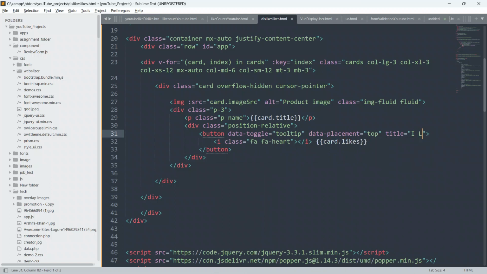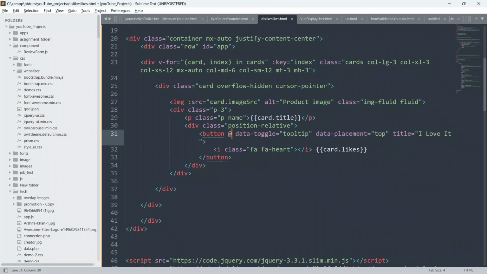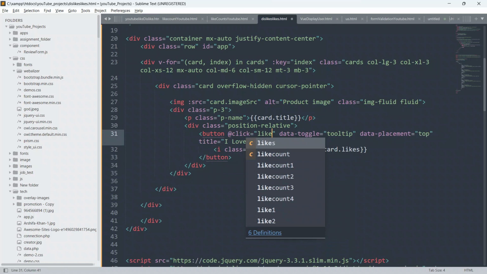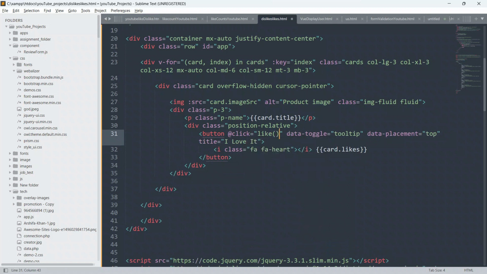And on the click of this button we will define some methods. So I will give @click equal to likes, and I will pass this index.